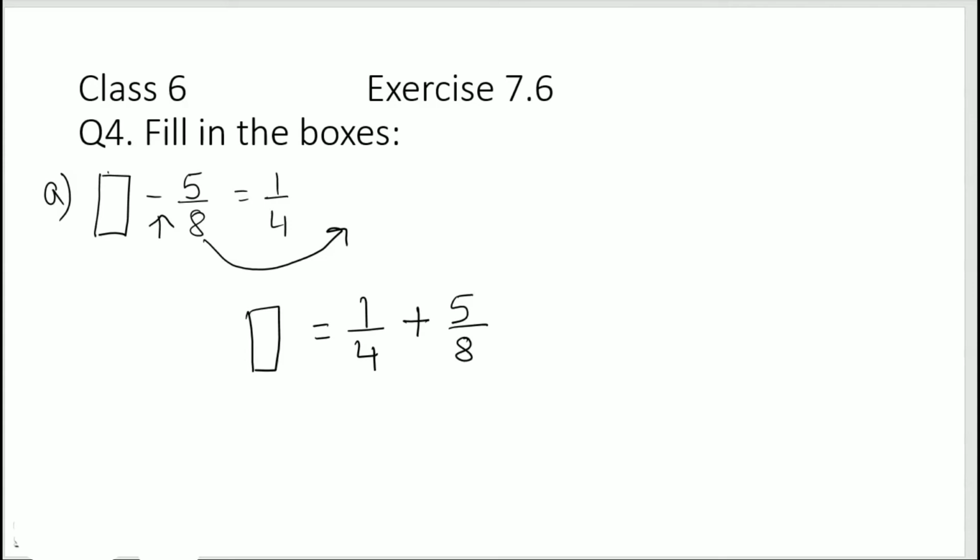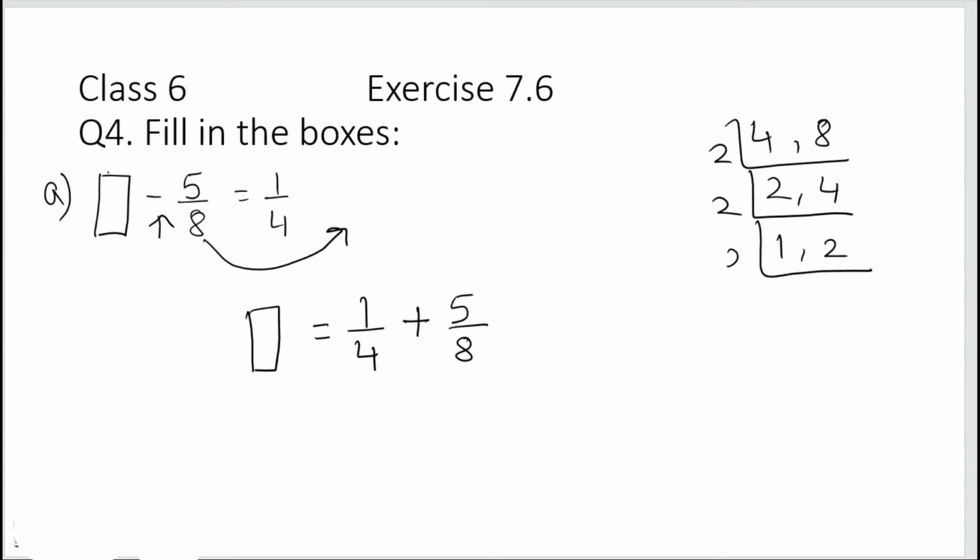Now we need to add these two fractions. So take the LCM. LCM of 4 and 8 would be 2 times 2, 4. 2 4s are 8. 1, 2 2s are 4. 1, 1. So multiply all these numbers. So LCM is 2 times 2 times 2, 8. Okay, so one fraction already has 8